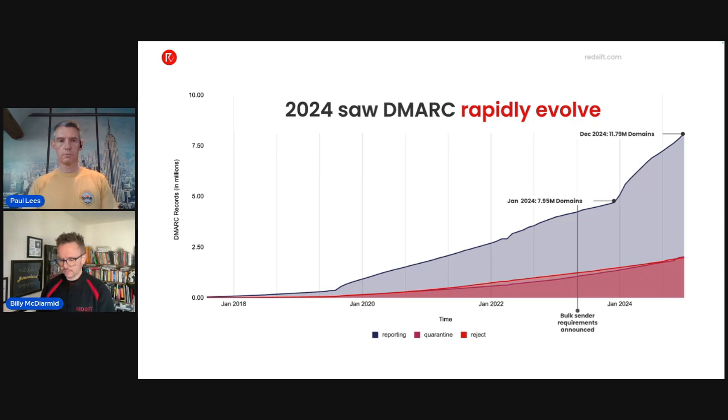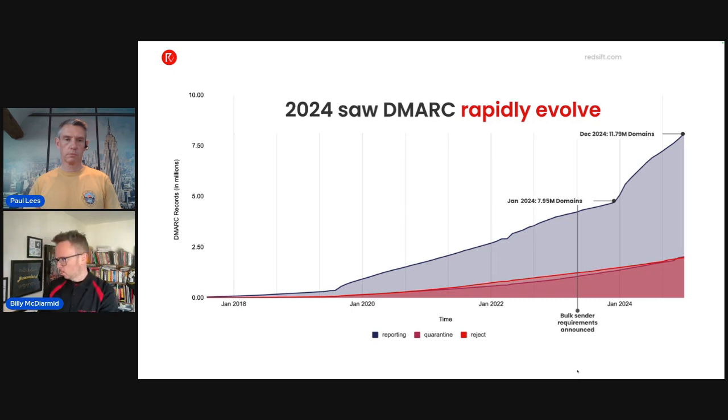And it's why I made a point at the beginning of saying DMARC isn't a set and forget, it's a journey. Okay, it's something that you want to continuously work through to make sure that you can benefit from the true value of the impersonation defense as well. So a large number of senders were for some time configured in reporting only mode. But you'll see here, and actually I didn't get a chance to update this graph today, which I had